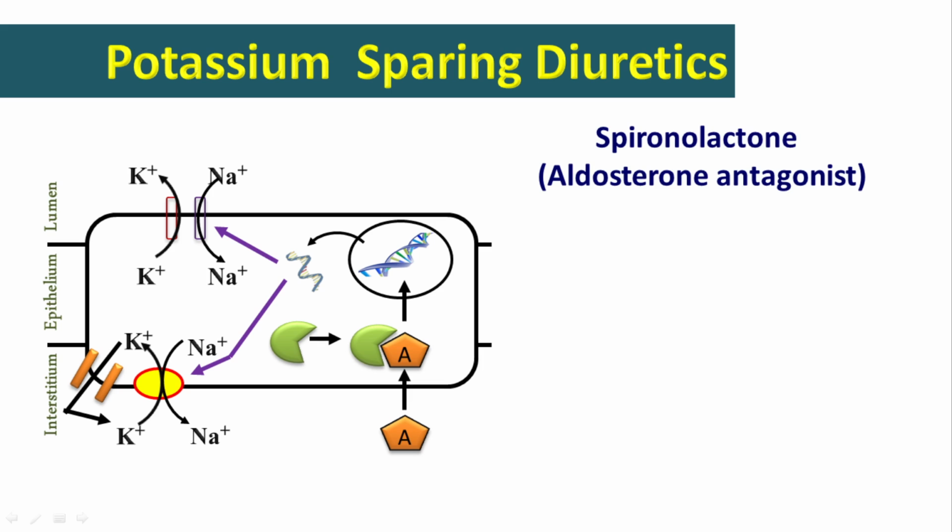If you recall, site 4, this was where the distal convoluted tubule and the collecting duct were reabsorbing sodium in exchange of potassium or reabsorbing sodium in exchange of hydrogen, but only under the influence of aldosterone. Simple, easy. Now, the aldosterone used to bind to mineralocorticoid receptor. The hormone receptor complex used to enter into the nucleus. DNA became RNA. RNA gave rise to aldosterone induced protein.